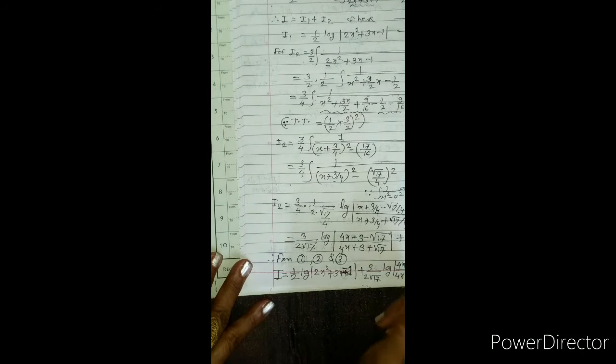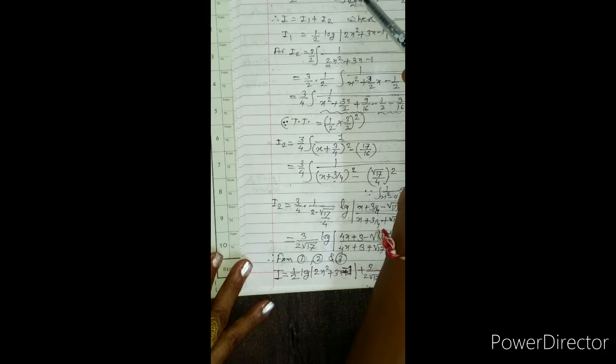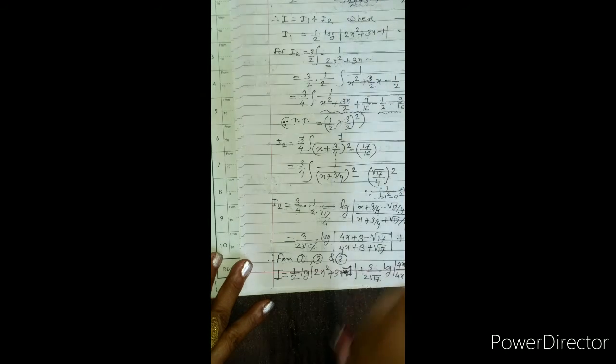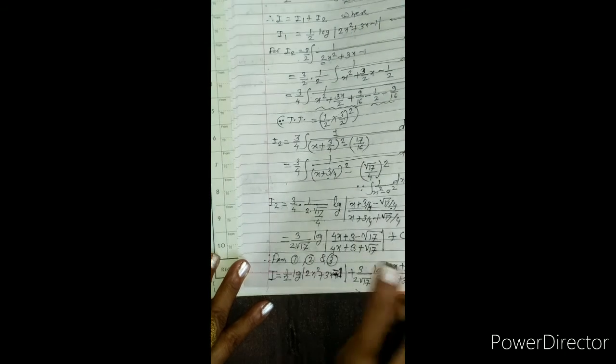Now in this type of integrals we can evaluate two types of integrals. First is of the type f dash x upon fx, and second is of the type 1 upon a quadratic expression, by adjustment of dt. So this is a very simple question and can be easily evaluated.